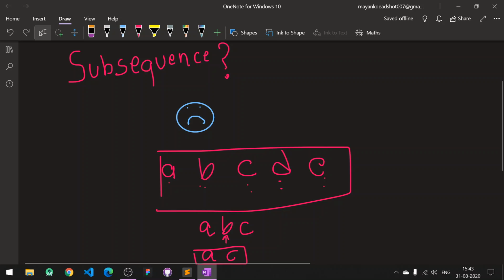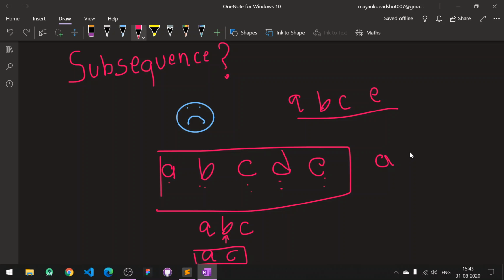There are many subsequences possible here. It can be A, B, C, E. This is one possible subsequence. Another one is A, C, E. The index of every element that you take should be greater than the index of the previous element.